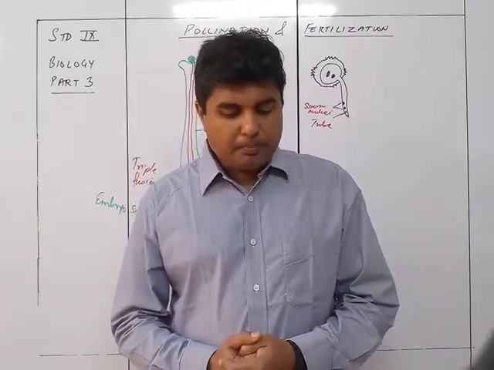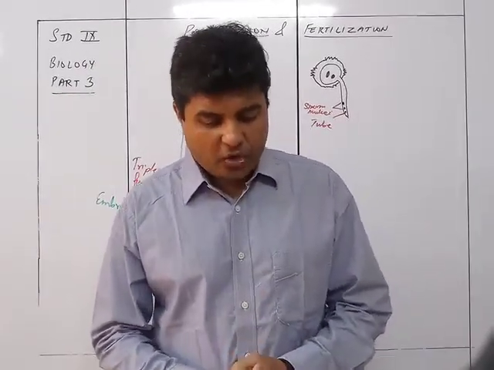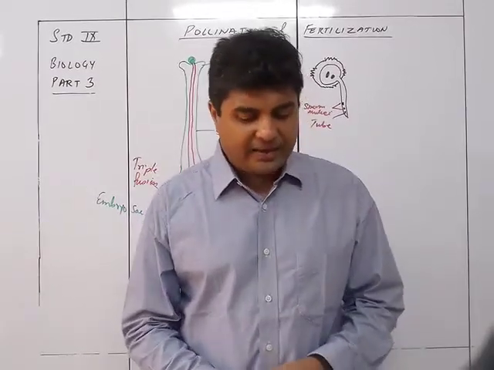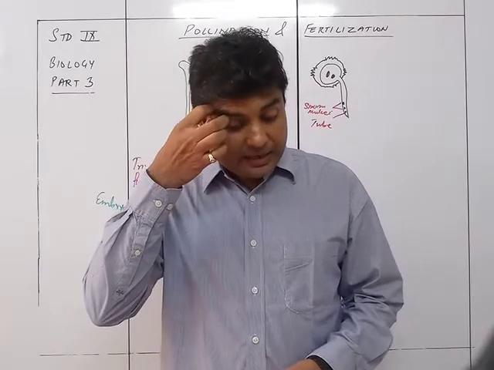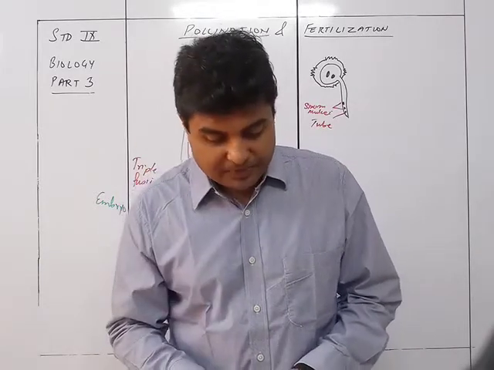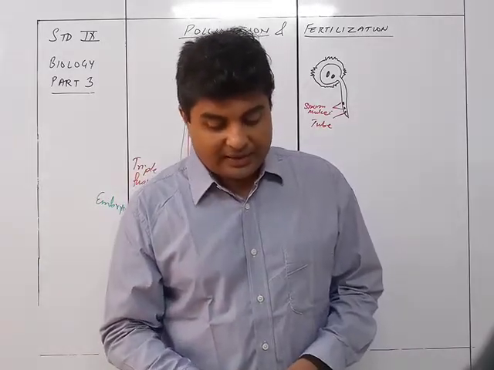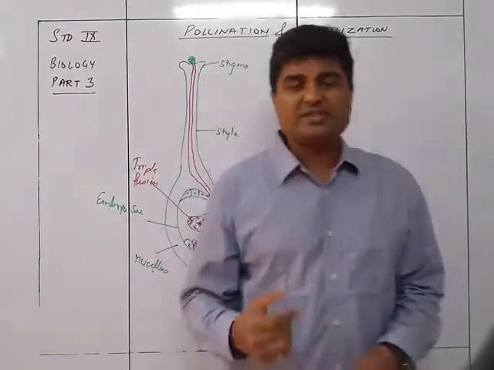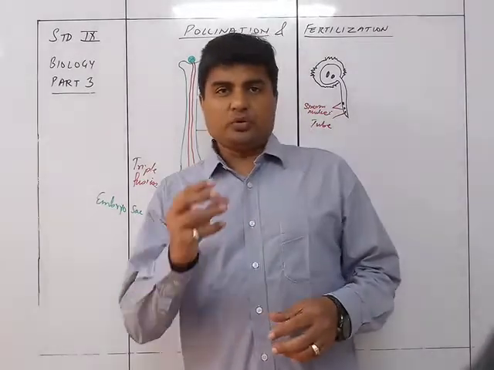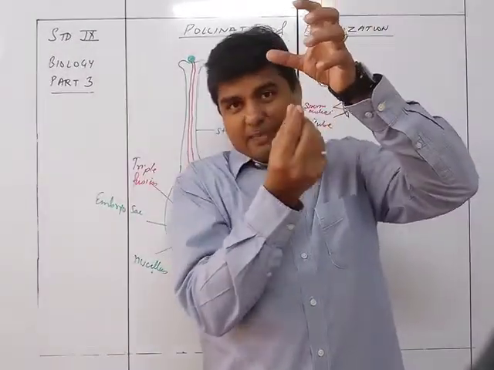The calyx may either fall off or may remain intact in a dried or shriveled form. Apple and guava clearly show such dried sepals. In brinjal, green calyx persists and remains attached to the ripe fruit. So you can see that in apple also, on the lower side where it hangs, you will find